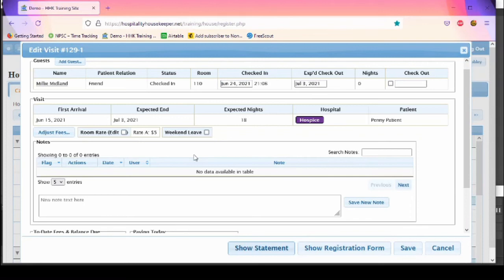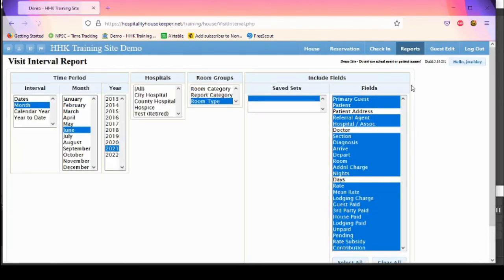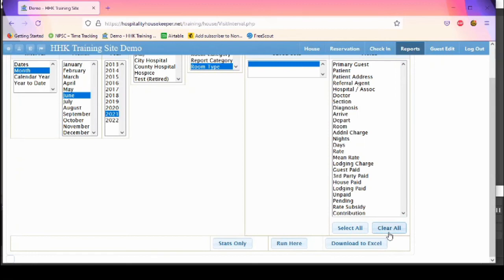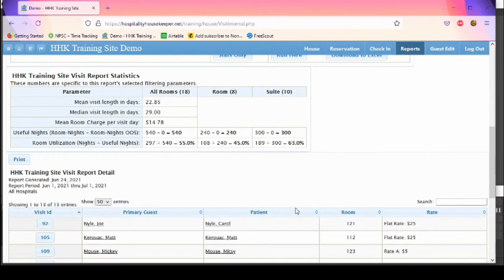We can also identify the change by going to the reports. Now, I know a lot of the houses like using the reports. Best way to identify the room rate change is to use the visit report. And if we select it there, what we can do, let me clear this, and I'm just going to use a couple of the ones that we need today. We'll do the room and then a rates, of course. And let's go ahead and run it. And here, if we scroll down